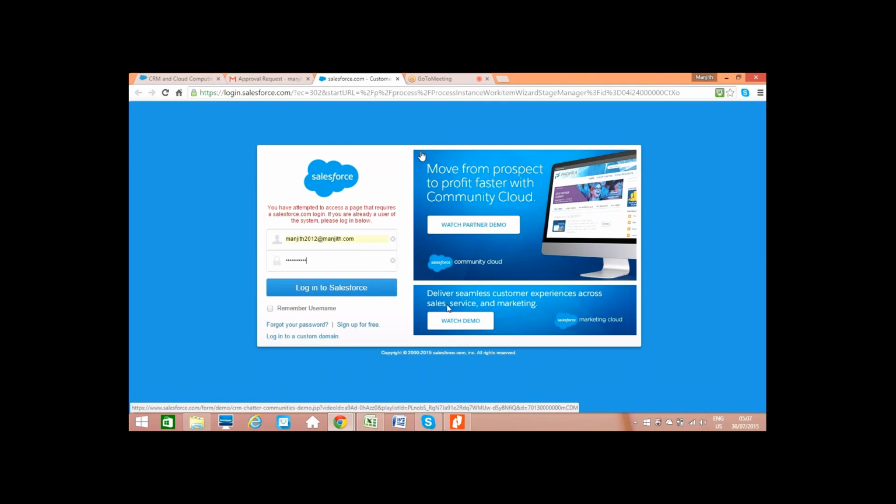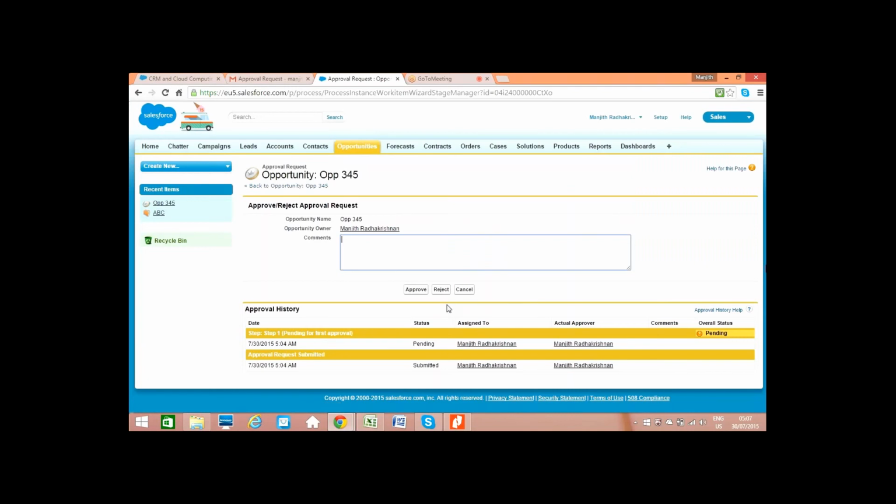After this login is done, he will have the option of approving or rejecting the record. See, he can see the details and he has the option of putting in a comment and then approving or rejecting. Now, did you approve it? Have you clicked on anything? Okay, he has approved it.